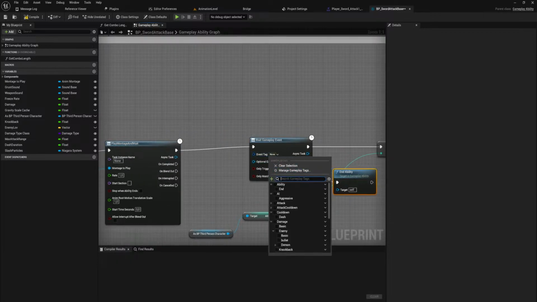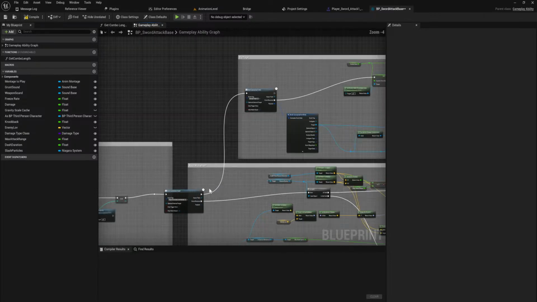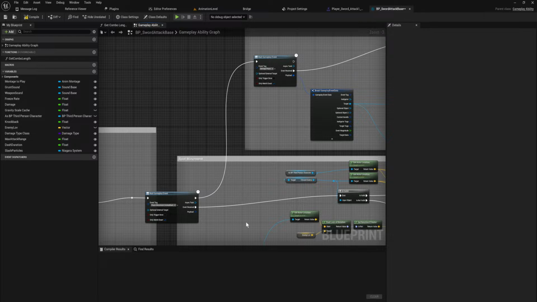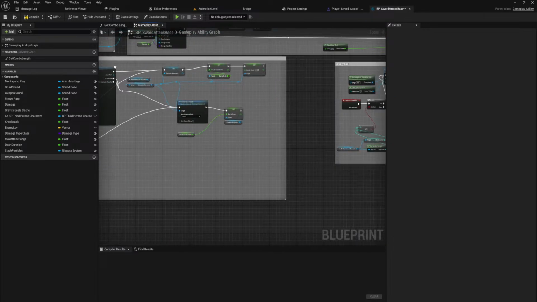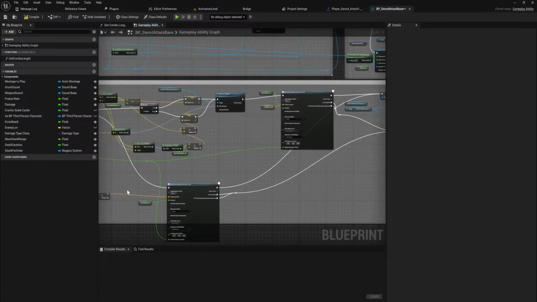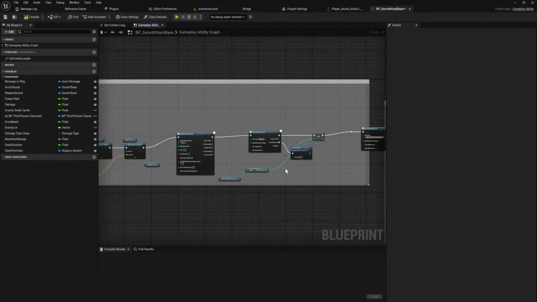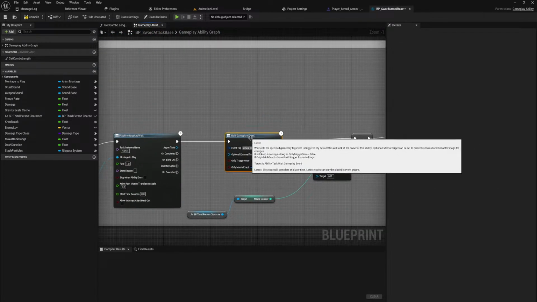And the tag will be attack or something like that. We already have a gameplay event for player damage, player movement dash. We can just deal with attack, that's fine.